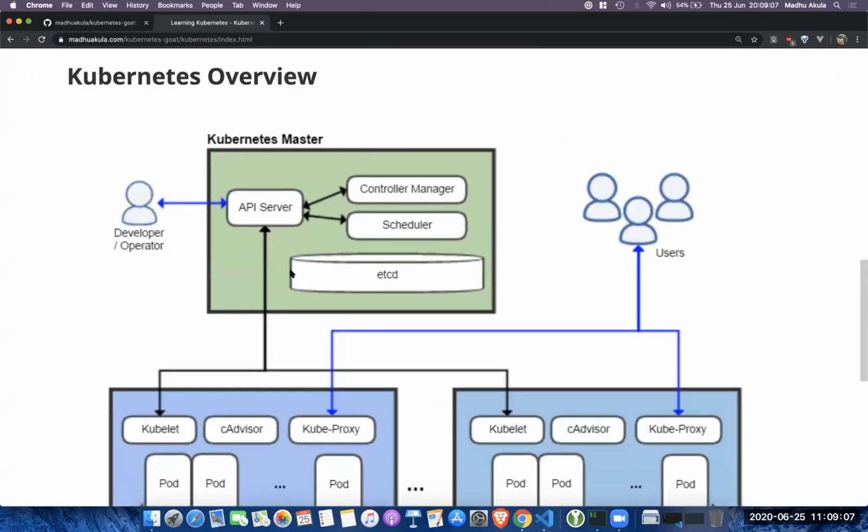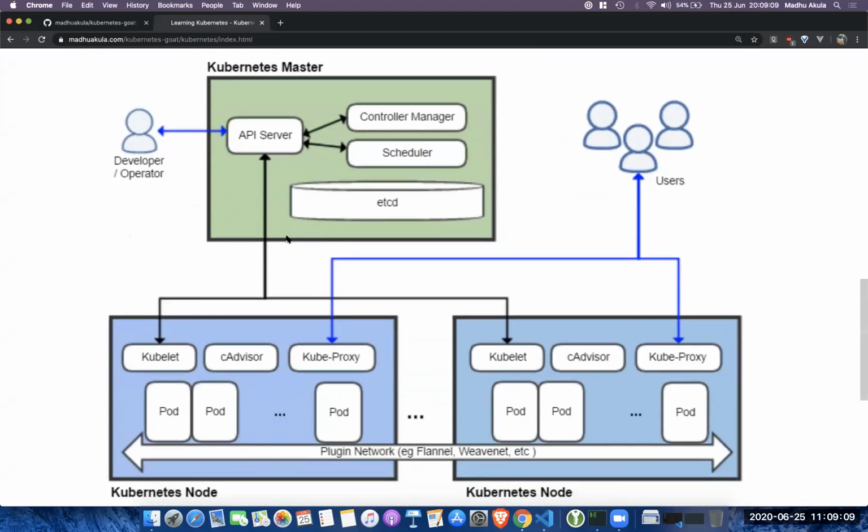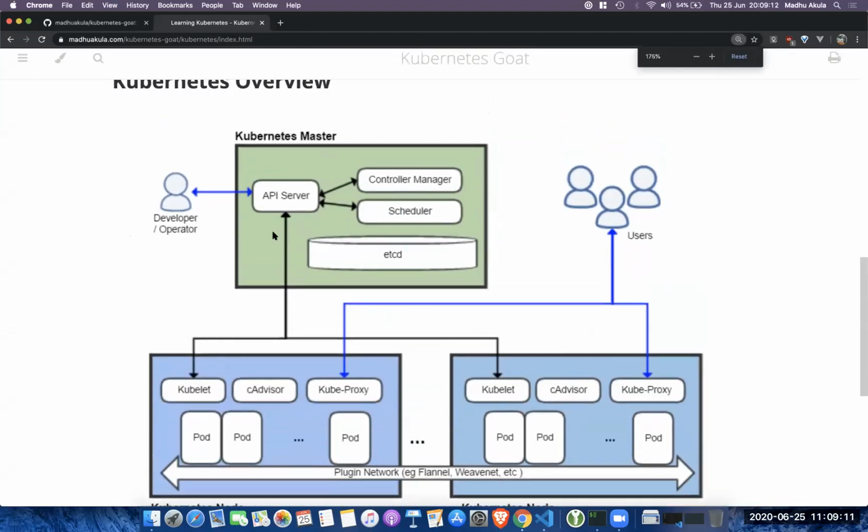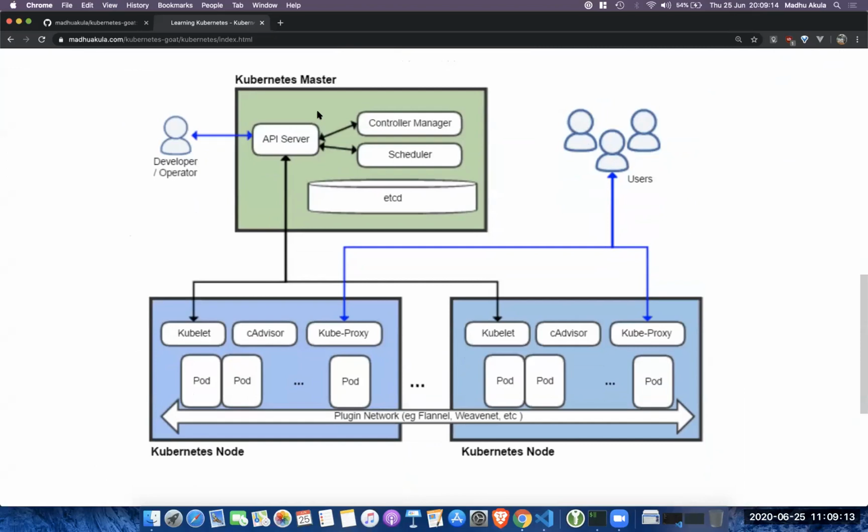And there are a bunch of components in the entire Kubernetes ecosystem, if you see, right, in the cluster. Kubernetes works in a master and client model, with a master node. The key part of Kubernetes is the API server.